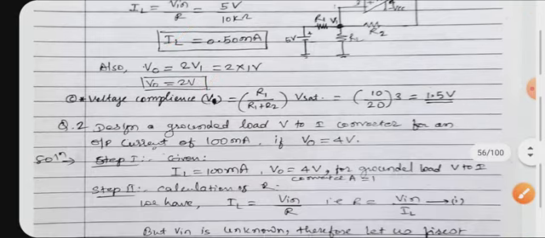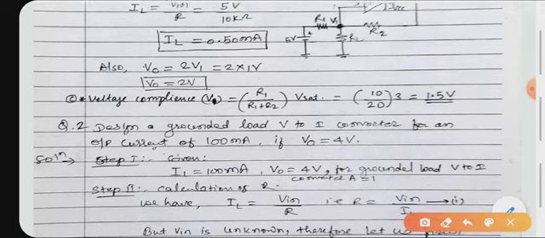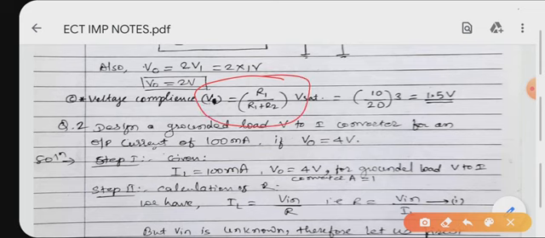Again the voltage compliance is asked. So the formula for voltage compliance is V1. It is by using the potential divider formed by R1 and R2. As per the voltage divider rule, V1 is the voltage which depends on the value of resistors R1 and R2, and saturation voltage means output voltage. V1 is equal to R1 by R1 plus R2 into Vsat. Okay, so the combination becomes 10 by 20, and Vsat is 3 volt. Vsat is given in the problem, so we will get it as 1.5 volt.